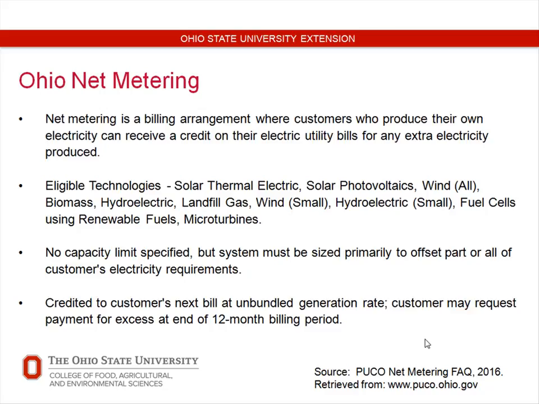It was later determined by the Supreme Court that no, that's illegal, we can't do that, and so they're requiring that they compensate system owners at the unbundled generation rate. That's a big deal, because we need to understand what is the value of that unit of energy, okay? And just take this away. This is the financial side of me talking as we assess these projects. The most valuable energy from a system that you own is the energy you use. Okay? As soon as we start sending energy back and talking about net excess generation, the value of that unit of energy is critically important. And how you're going to be compensated from that can vary depending on which utility you're working with. So talk with your utility providers. They're your partners in these projects, okay?